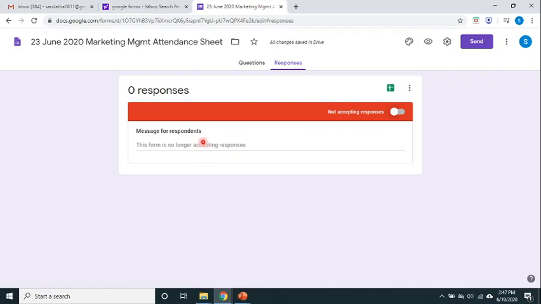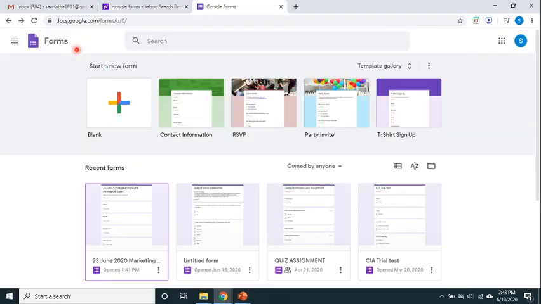The class is only on 23rd June 2020 and the form is available between 9 a.m. to 5 p.m. You can customize and give that message here. So make sure this form is in a closed state and you will open it only when you want the students to enter. For my case, it is on 23rd June 2020 between 9 a.m. and 5 p.m. Next, we will move on to the main sheet.